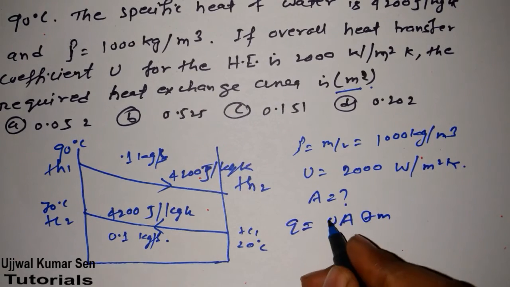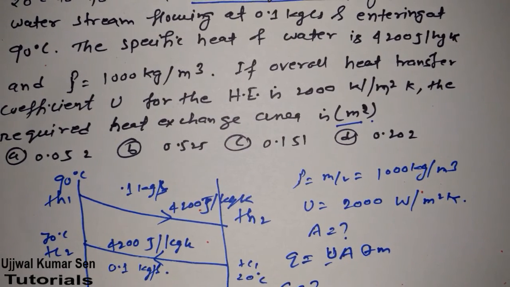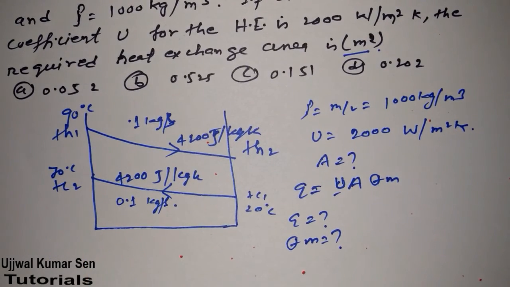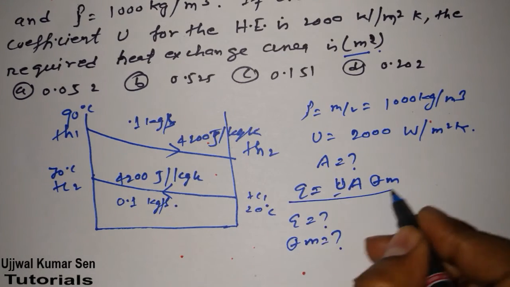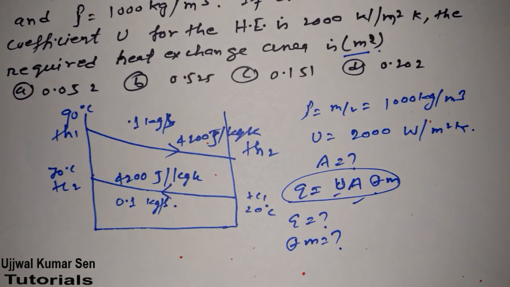Now, what we required, we have been given, right? So what we basically need to find out is the LMTD, and also Q. There are two things we need to find out, and we have been given everything required to find these two things. After finding them, we can put all the values in the formula to find the answer to the question that has been asked. So first of all, let me find out Q.